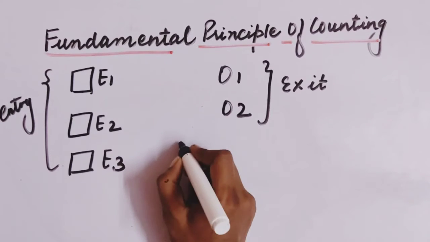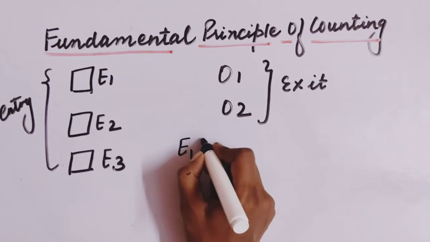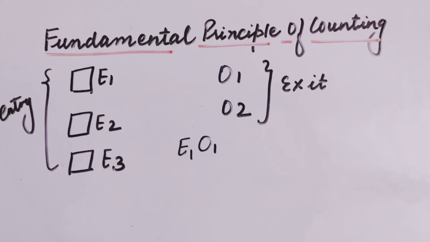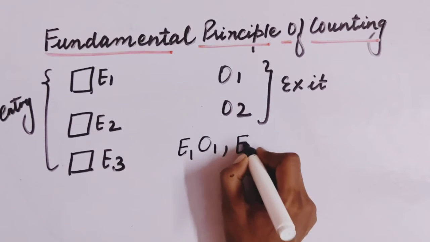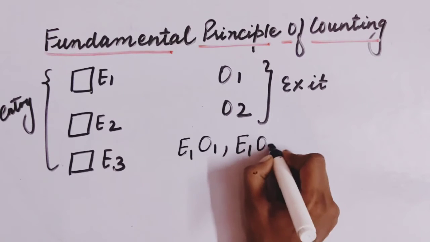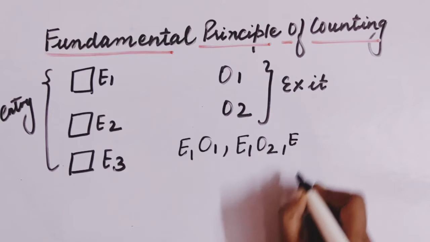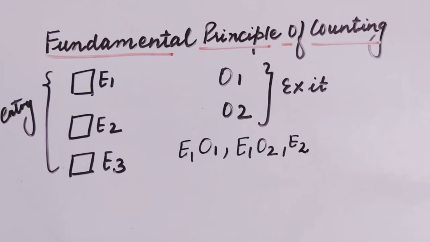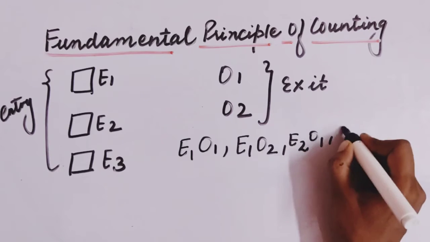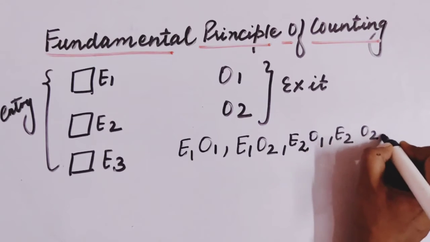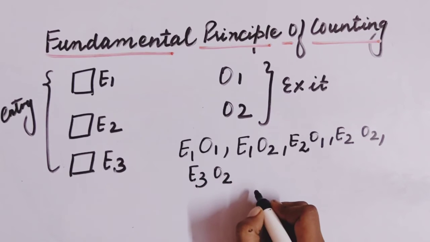Suppose she is entering the cinema hall by E1 and exiting it by O1 gate. And the second method is she is entering the cinema hall by E1 gate and exiting it by O2 gate. In the same manner, suppose she is entering the cinema hall by E2 gate and exiting it by O1. In the same manner, how many possibilities can we have to enter and